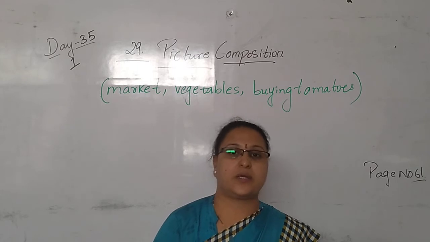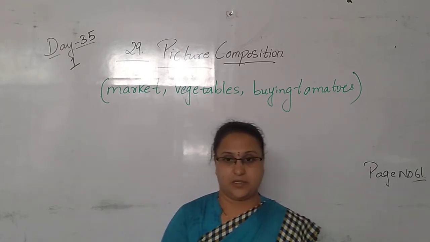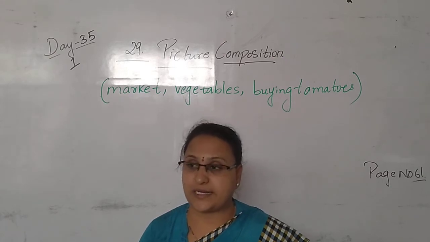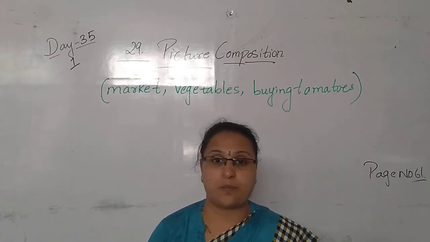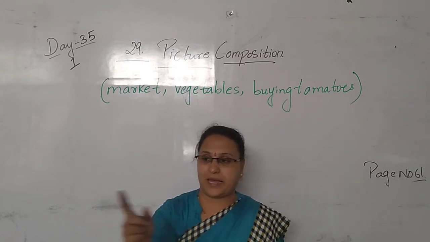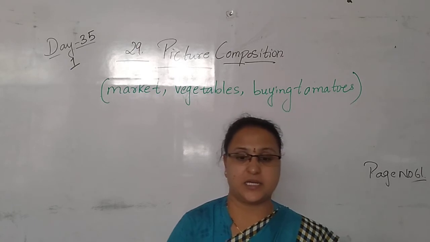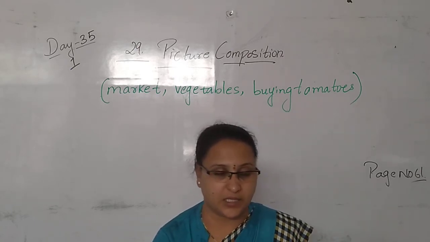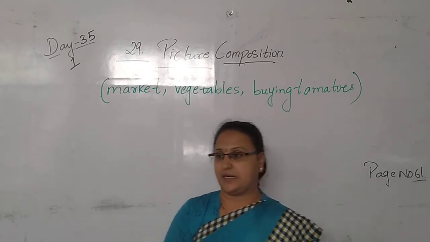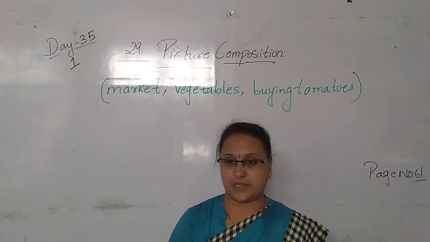Yes. So here the lady has gone to the market. Why she has gone to the market, children? She wants to buy the vegetable. When you people go with your parents for the market, you just observe your parents how they bargain with the vegetable seller. If he says 15 rupees per kg, then mummy will tell